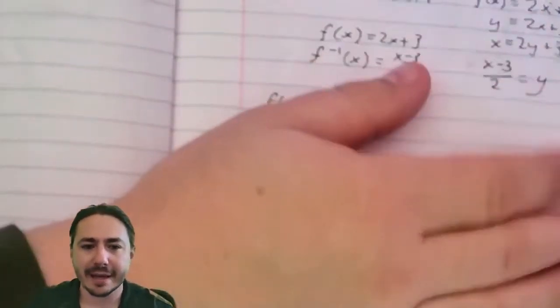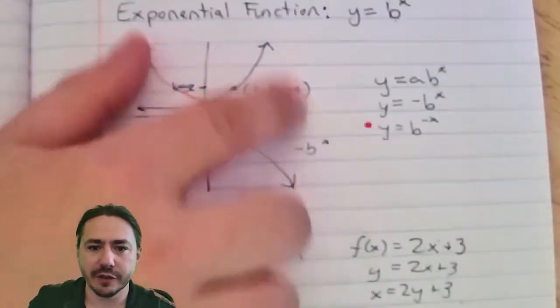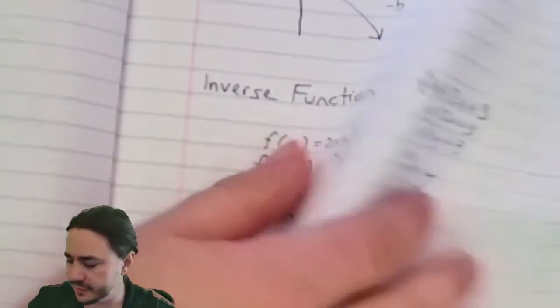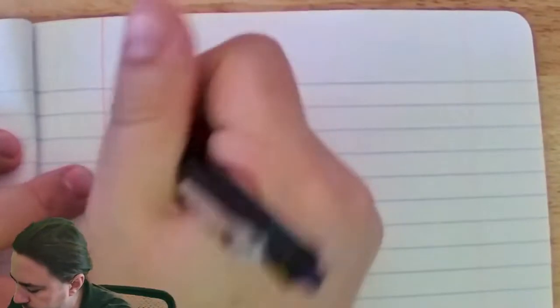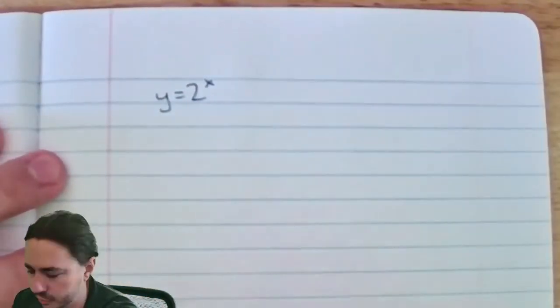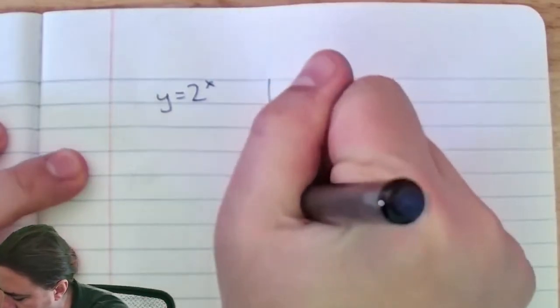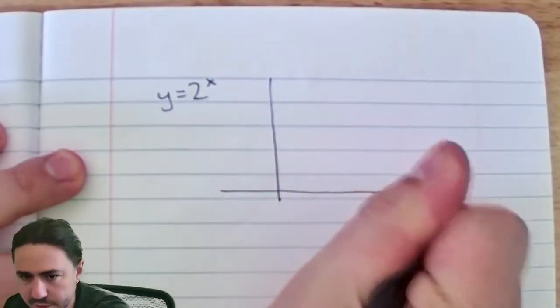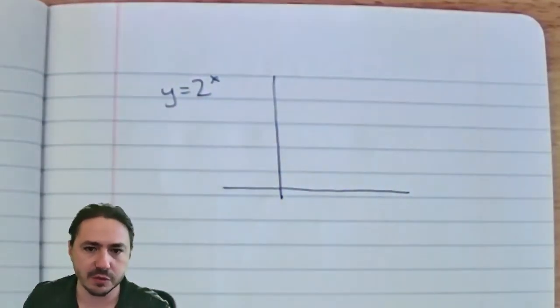So let's get back to the exponential function. Let's merge these two ideas, the exponential function and the inverse function. Let's say we had a function like y equals 2 to the x. So real simple exponential function, right? If I want to go ahead and graph that, it will look something like this. I don't have any graph paper here, so it's not going to be super accurate, but